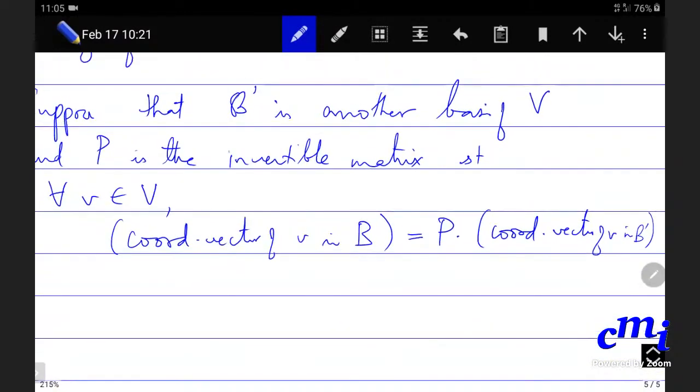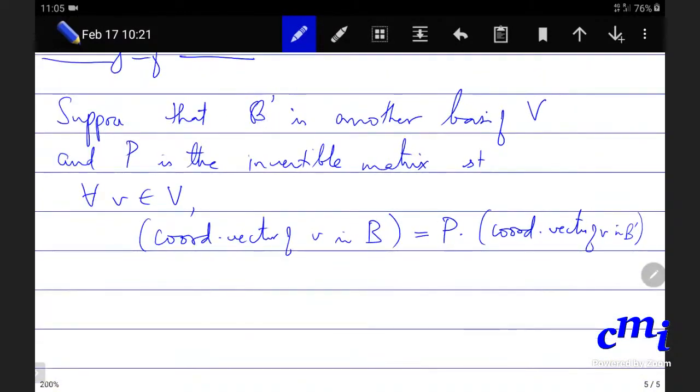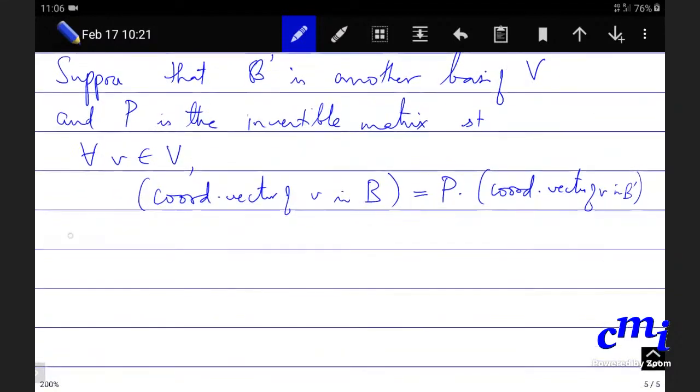So B and B prime are bases of V, and given any vector v, it can be represented by coordinate vectors, vectors in Rn or Cn, with respect to these two bases. The coordinate vector with respect to B is P times the coordinate vector with respect to B prime. Suppose P is this matrix, the change of basis matrix, with this property. Then